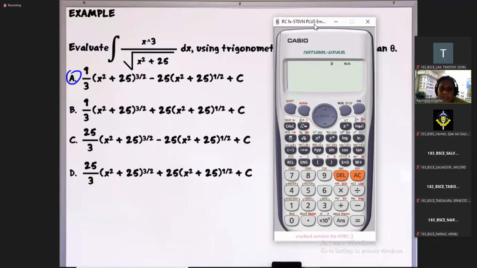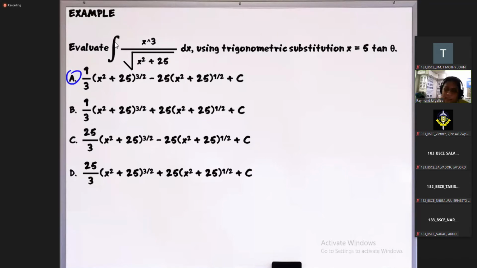Okay? So let's try to solve this one, no? So again, sa calculator natin, kung papansin natin doon sa integration niya, diba? So this integration actually contains limits of integration. Therefore, this is a definite integral na tinatawag, okay? So as you can see, this is an indefinite integral, kasi wala tayong limits of integration. Okay? Nakuha ba? So therefore, ang gagamitin natin dito is yung tinatawag natin na fundamental theorem of calculus, diba? So I think this is the second or first ata, the first fundamental theorem of calculus, diba?